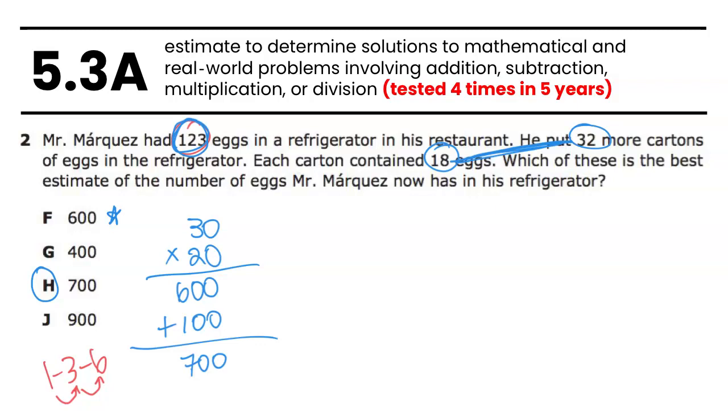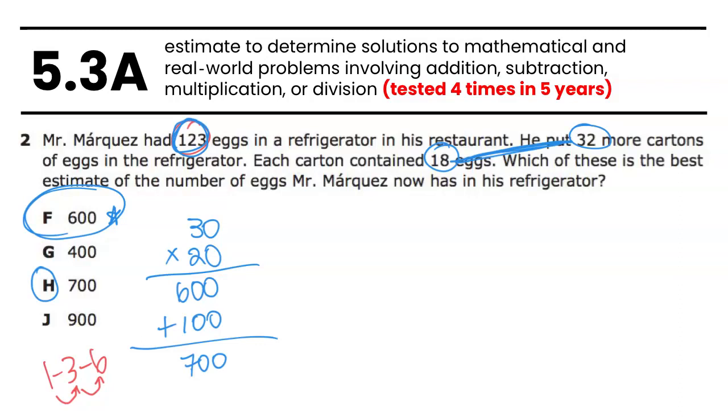What's interesting is that when you analyze the data, this answer choice right here is actually the most common wrong answer. And I think it's okay to talk to students about that. Maybe ask them, why do you think someone would have picked 600 instead of 700? What step would they have forgotten in order to arrive at F as opposed to H? Those can be good illuminating conversations for students to be a part of so that they are less likely to